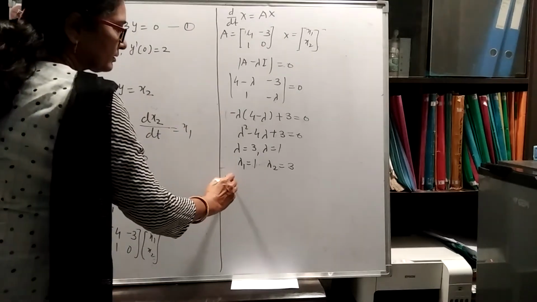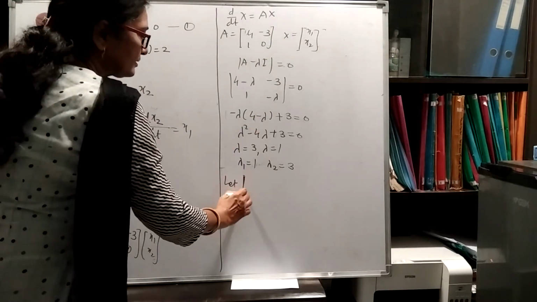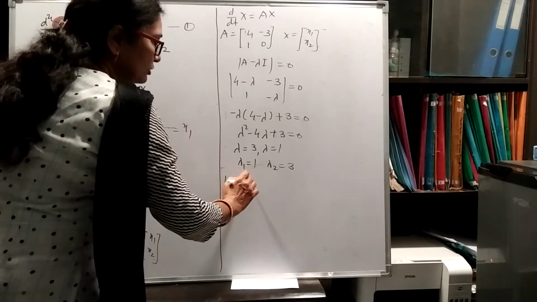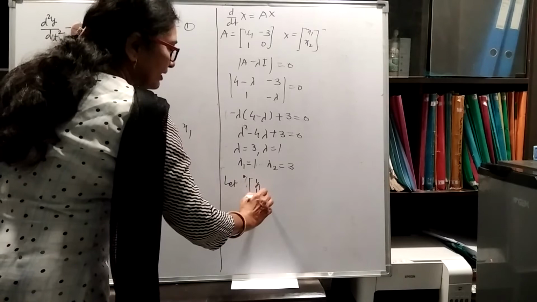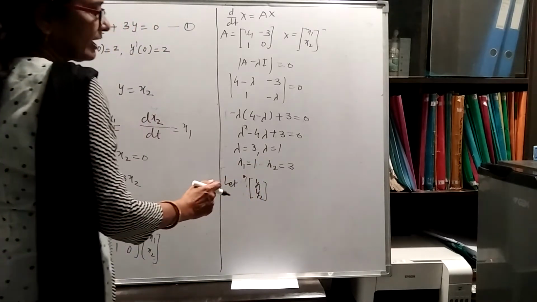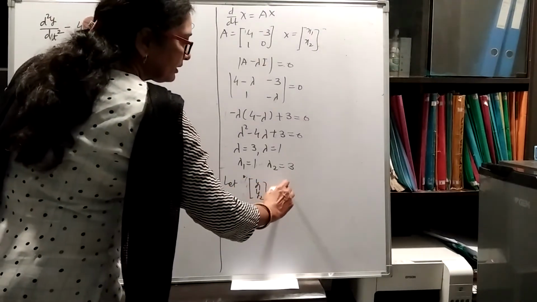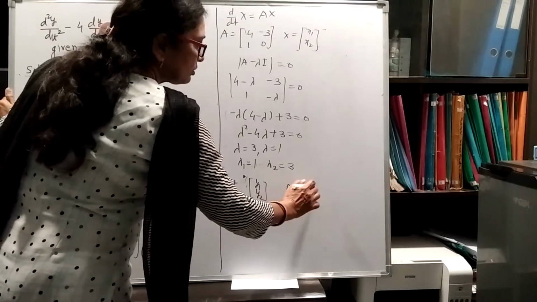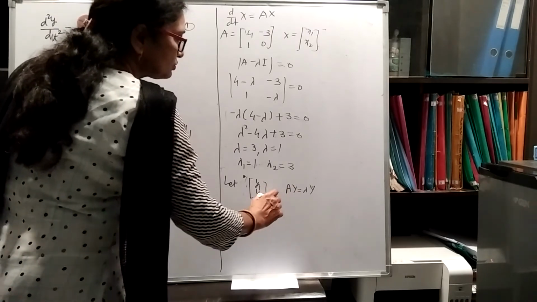We have already taken x1 x2, so here we take: let y be the eigenvector, where y1 and y2 are the eigenvector components, for the eigenvalues lambda, such that Ay is equal to lambda y, or we can say